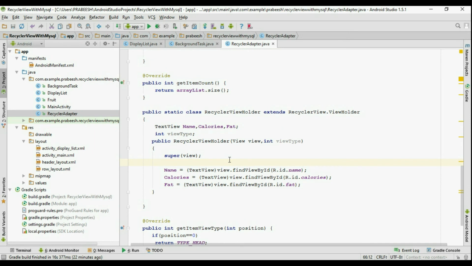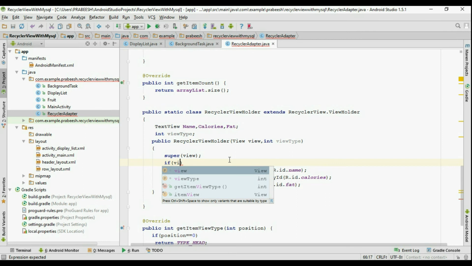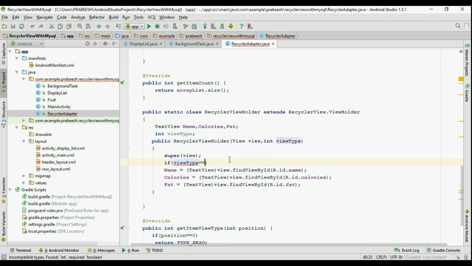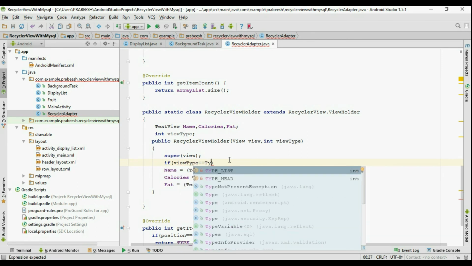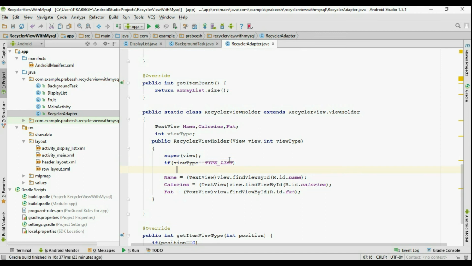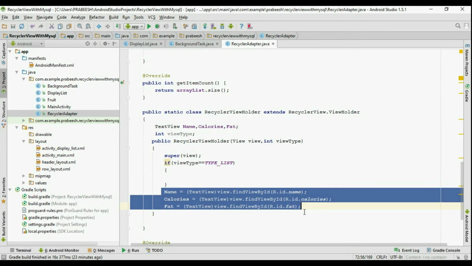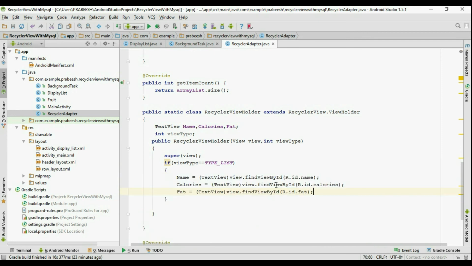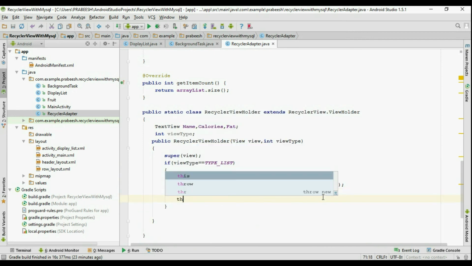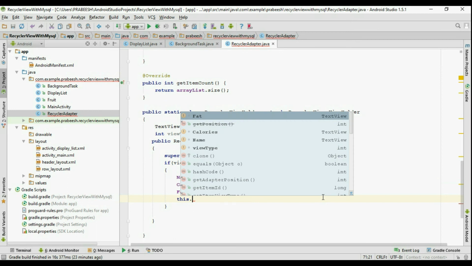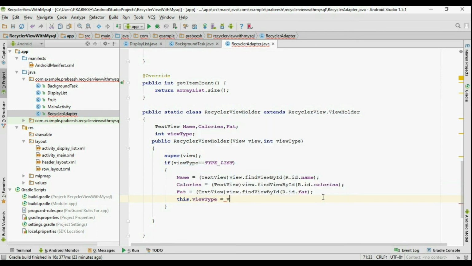If view type equal to type list, in that case we need to initialize these variables, put it here. Also we have to set some value for the view type variable. So this dot view type equal to view type,